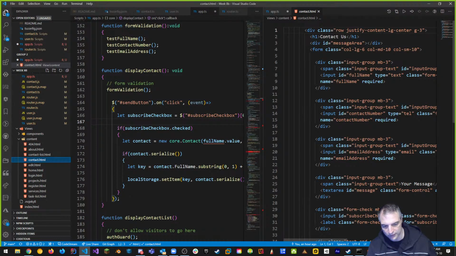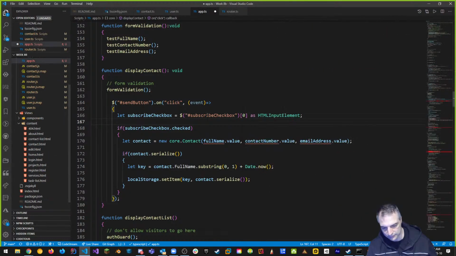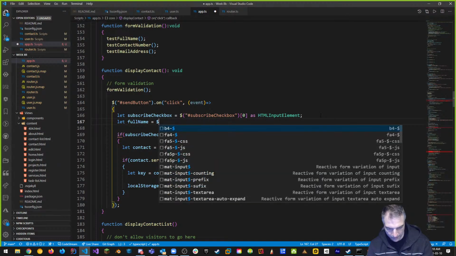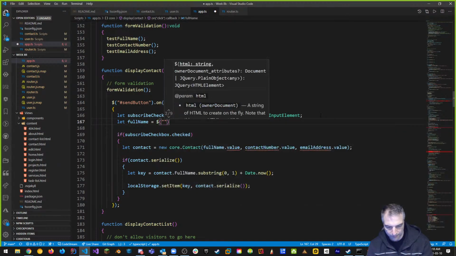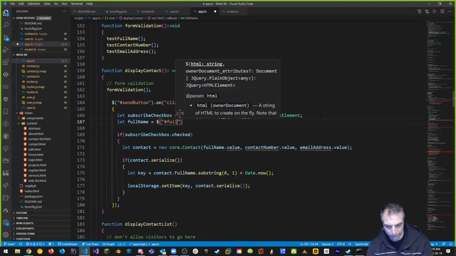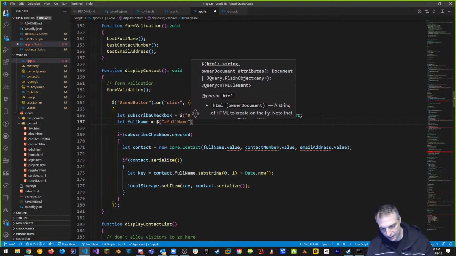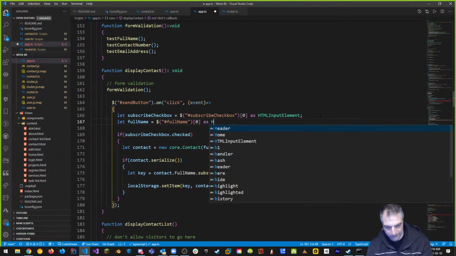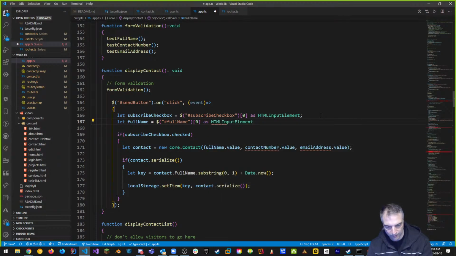I have to get a reference to the ID now because there is no explicit conversion. TypeScript's like, wait, we may not get anything here. What are you trying to do? So what it's looking for is something that looks like this. Full name is equal to, hey, I want to get something with an ID of full name, and I want to get the first element that matches this, as an HTML input element.